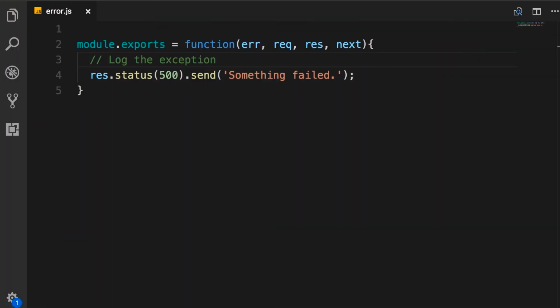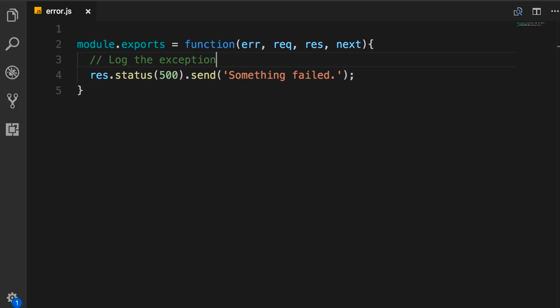So this is our error middleware. Now, as I told you before, in every enterprise application, we need to log the exceptions that are thrown in the application. So later we come back, look at the log, and see what are the areas of the application that we can improve. So in this lecture, I'm going to introduce you to a very popular logging library called